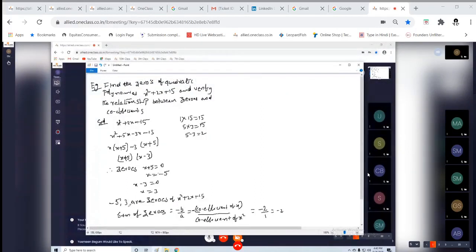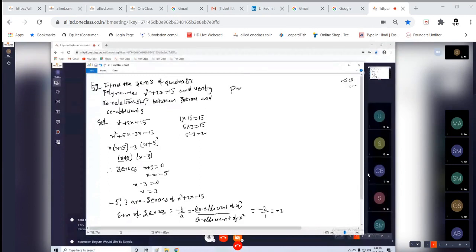Now what are the zeros here? This one. Coefficient of x is how much here? 2, x square. Now look here, the sum of the zeros. Here this is minus 2, no? If you add these two, minus 5 plus 3, what will you get? Minus 2. So without adding the zeros, I got the answer by using the coefficients. So this is the relation between the zeros and the coefficients.